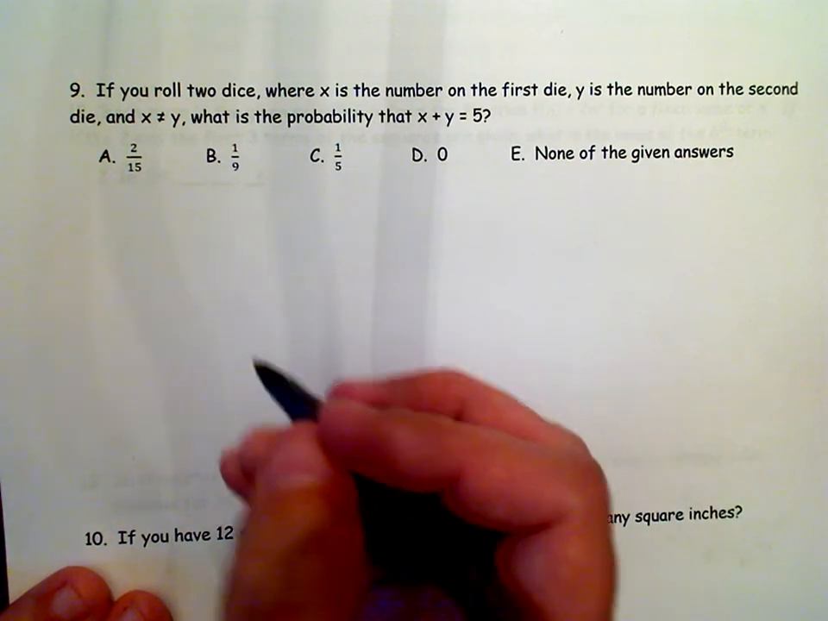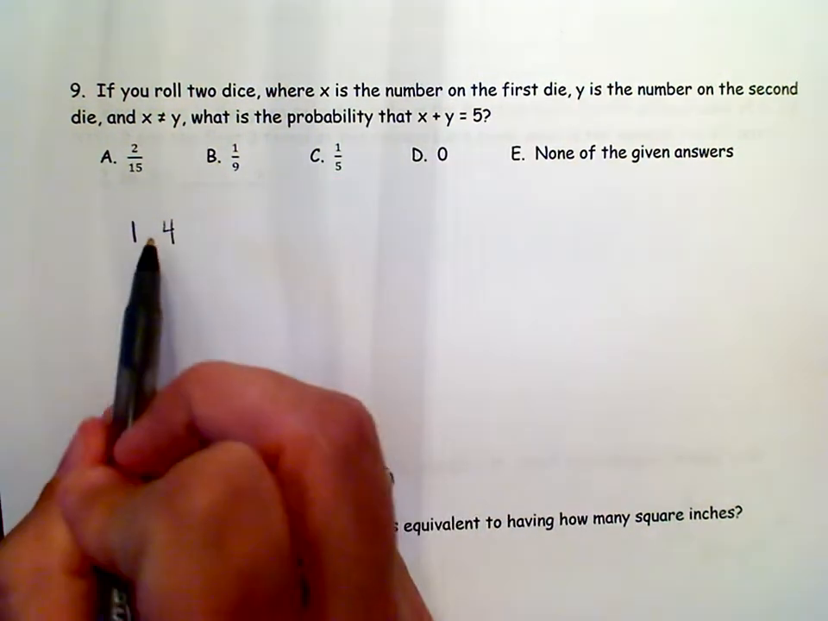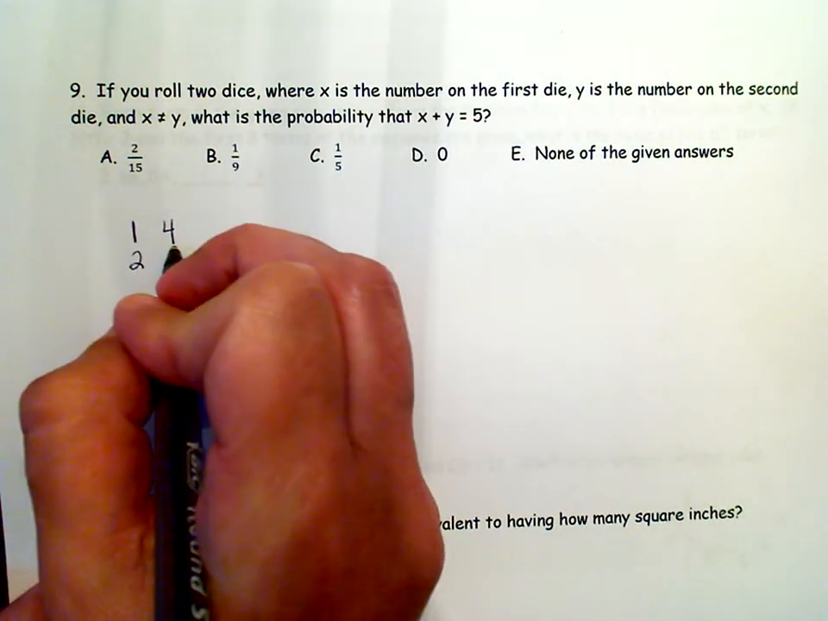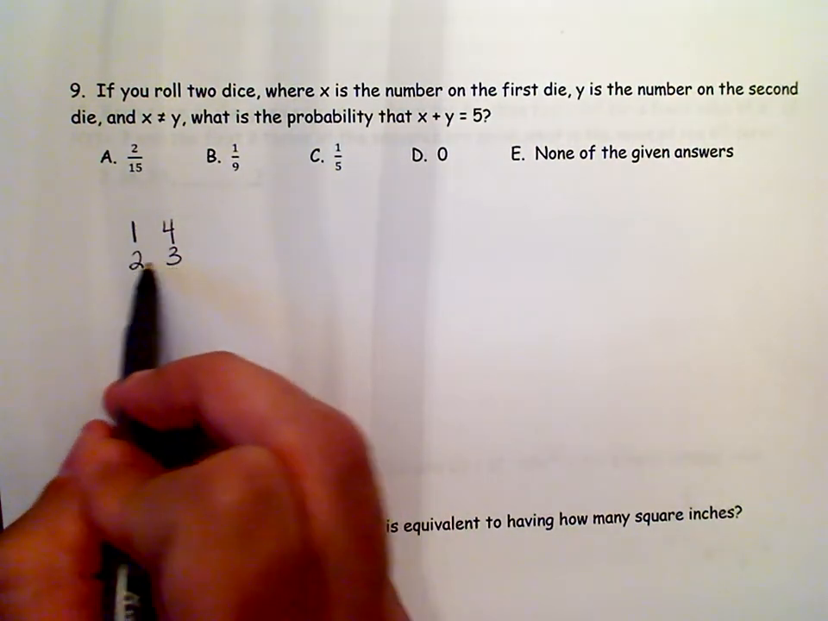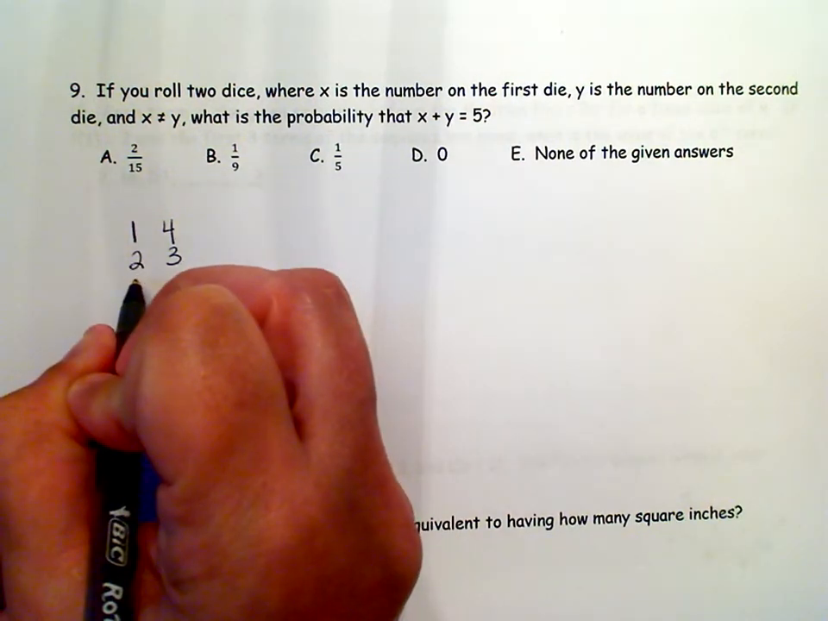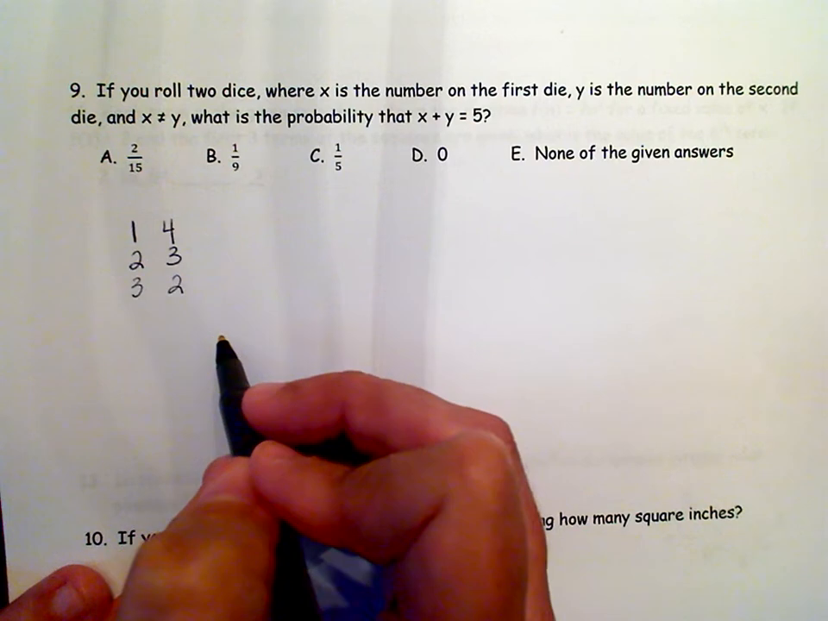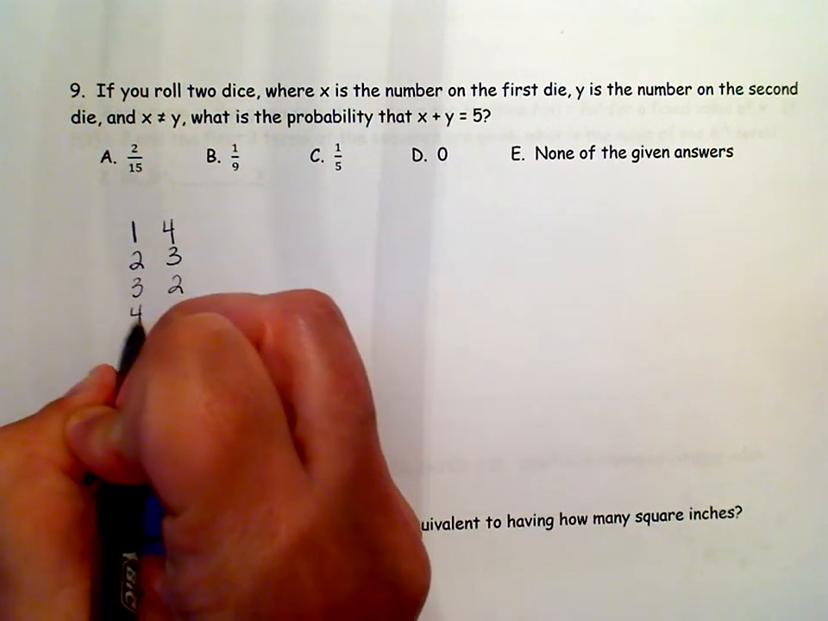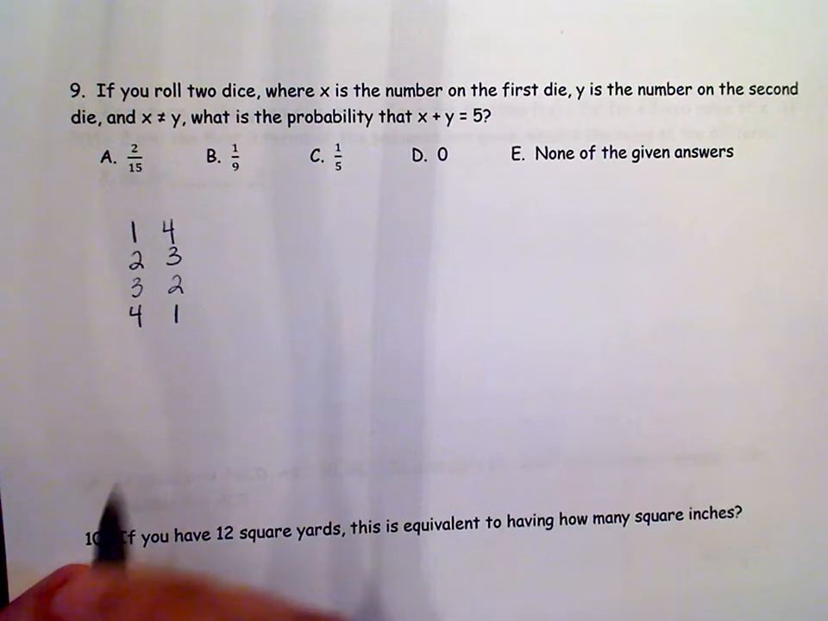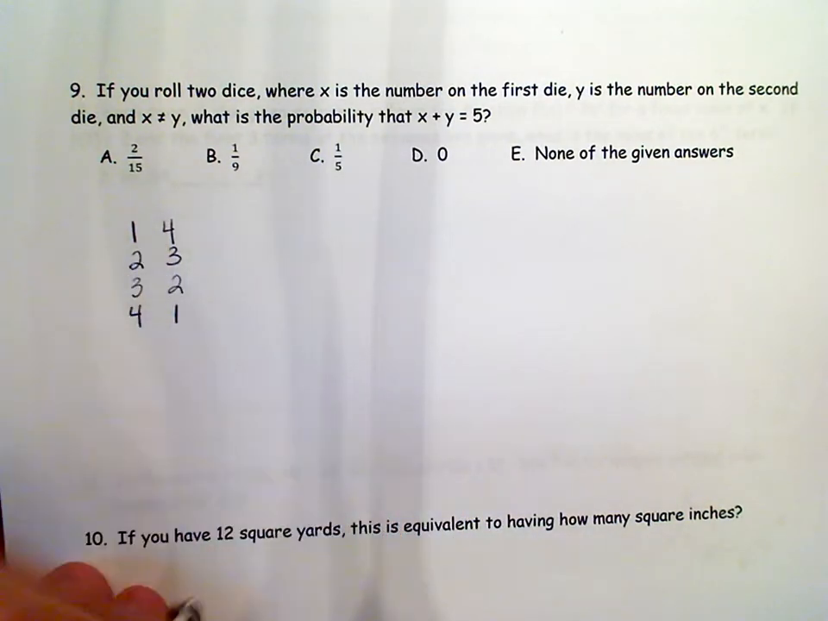Well, if I roll a dice that's 1 and the other dice is 4, that would give me 5. If my first dice is 2 and my second dice is 3, that would give me 5. If I roll the first dice 3, the second dice 2, that gives me 5. If I roll the first dice 4 and the second dice 1, that gives me 5. So all these will give me 5,